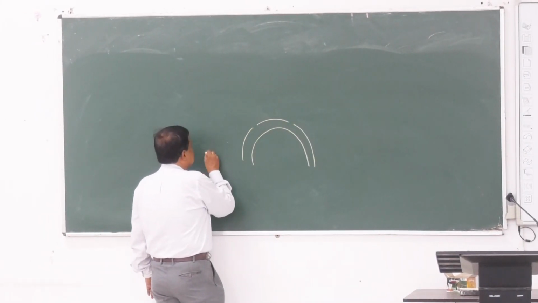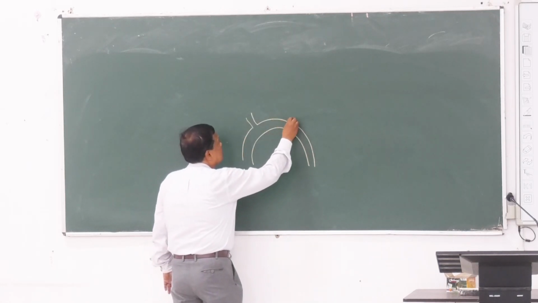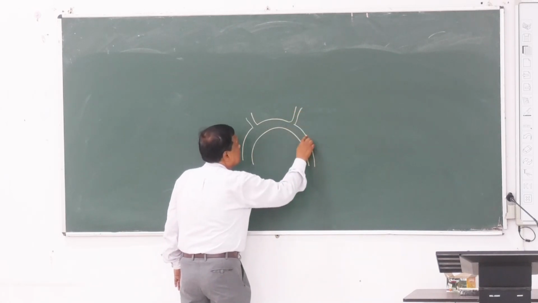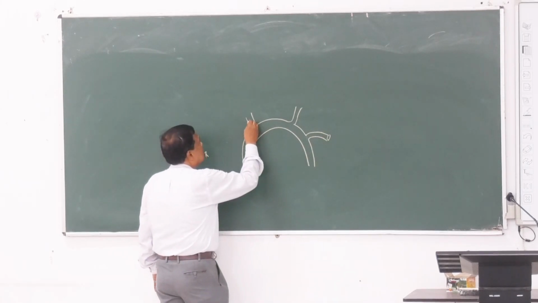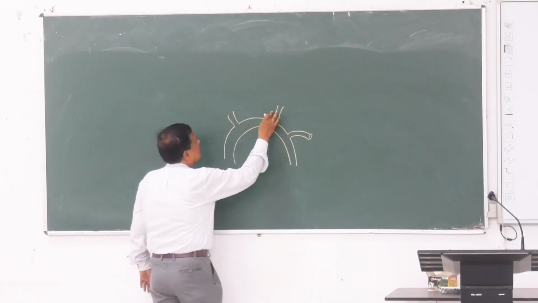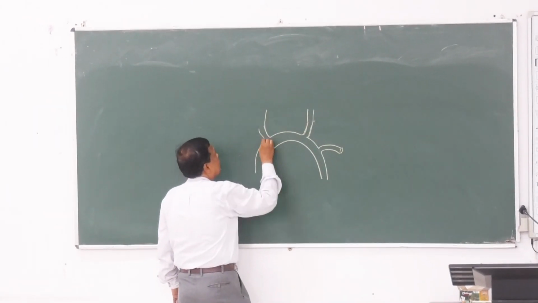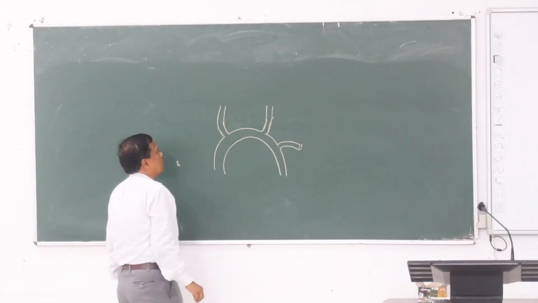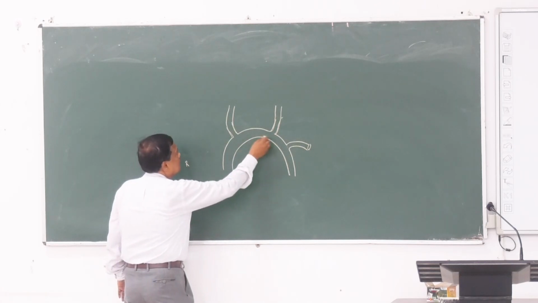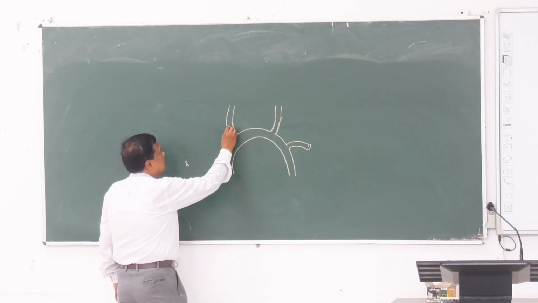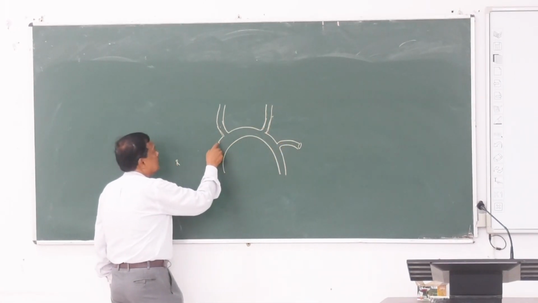On the right side, it is the right side; it is the left side. The brachiocephalic trunk arises, and the left carotid and left subclavian artery. So it is the arch of aorta which gives the right brachiocephalic trunk, left common carotid artery, left subclavian artery,